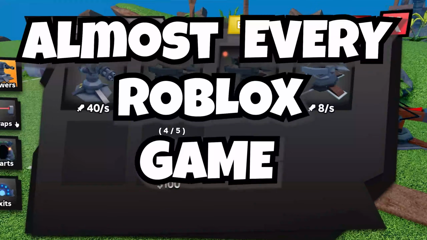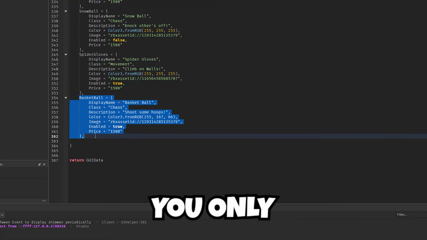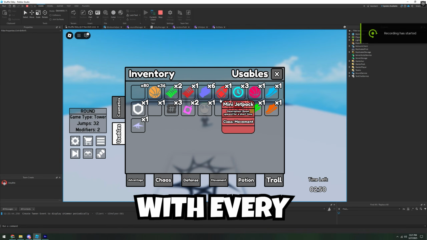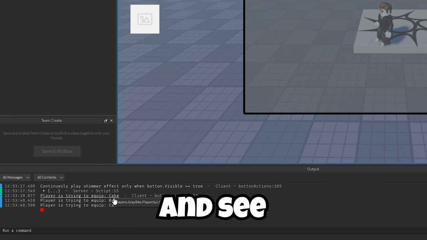Almost every Roblox game has an inventory system. Today I'm going to show you how to create a scalable inventory system so you only have to add a couple lines of code with every new item you want to add to your game. By the end of this video, you'll be able to make an inventory and see what the player is trying